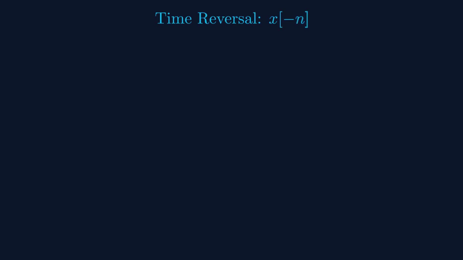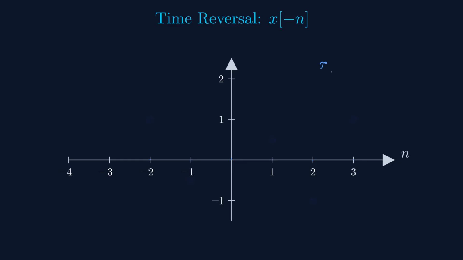Consider x of n with values 1, negative 0.5, 2, 0.5, negative 1, and 1, defined from n equals negative 2 to n equals 3. To find x of negative n, we reverse the index. The value at n equals negative 2 goes to n equals 2. The value at n equals negative 1 goes to n equals 1, and so on. The value at n equals 0 stays at 0. After reversal, the signal reads 1, negative 1, 0.5, 2, negative 0.5, 1, now defined from n equals negative 3